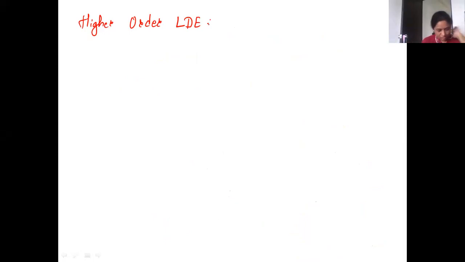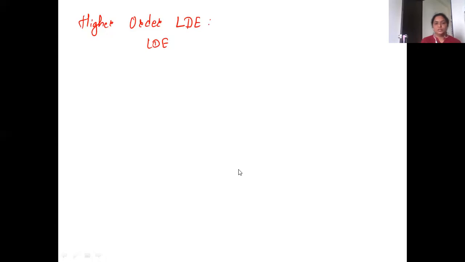So we now go to the definition which we required. Here we are going to write henceforth higher order linear differential equations, short form LDE. So we are going to see the definition. LDE is the equation having, please write the definition. Can I show you the definition? Just wait. Okay, so write down the definition.